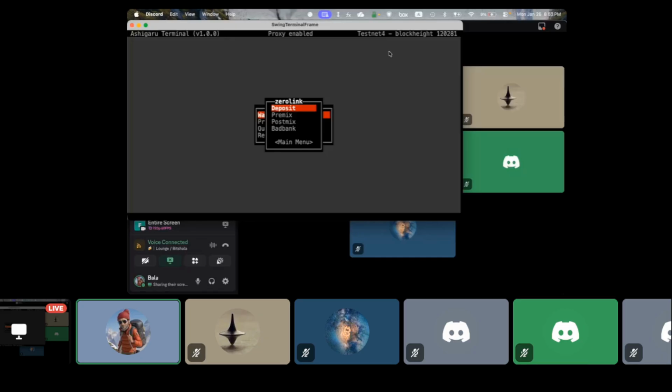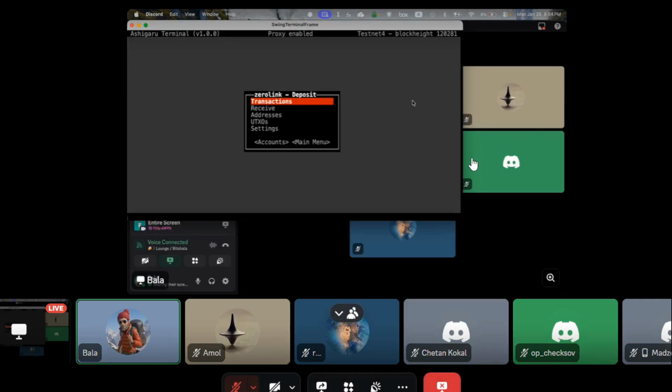Once you have the wallet open, it will show you four different sections: a deposit section, the premix section, the postmix section, and the bad bank section. Now, if you want to start a coin join round, you have to get into the deposit section. The deposit, as I showed you in the mobile application, is just a derivation path in your HD wallet, and this is the outermost layer of your